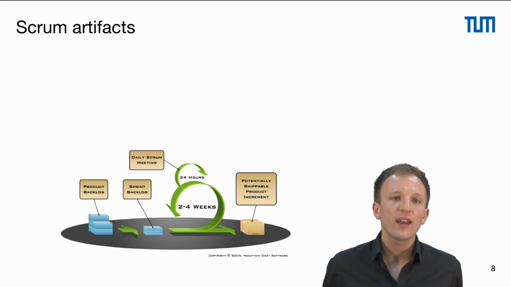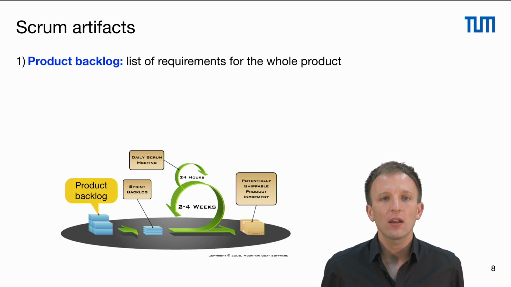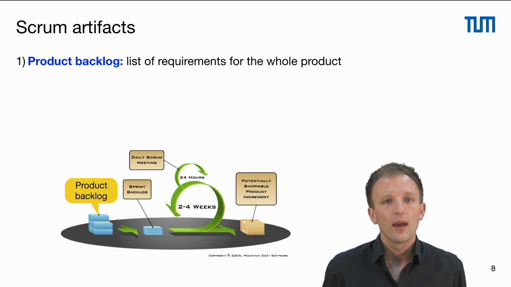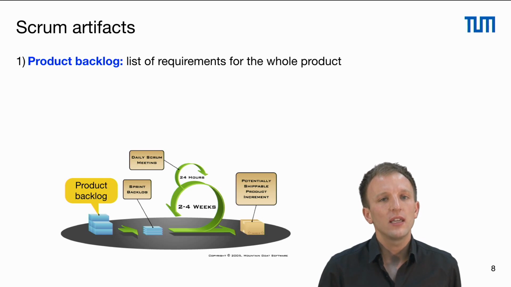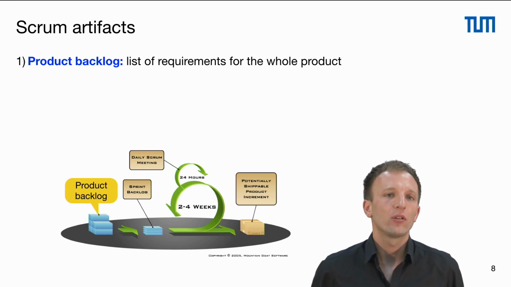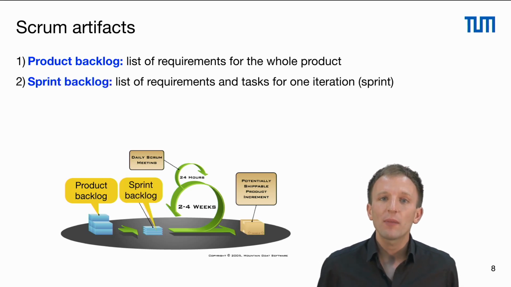Scrum also has artifacts, for example, the product backlog, which is a list of requirements for the whole product, but these requirements are not defined in detail. They are kept vague to keep the effort for the requirements elicitation low, because we don't want to end up with analysis paralysis. We have the sprint backlog, a list of requirements and tasks for one iteration, for one sprint,